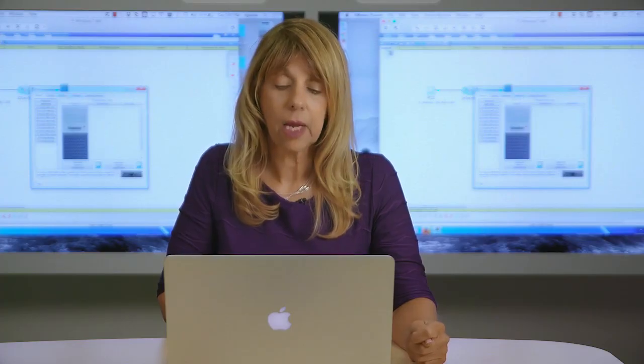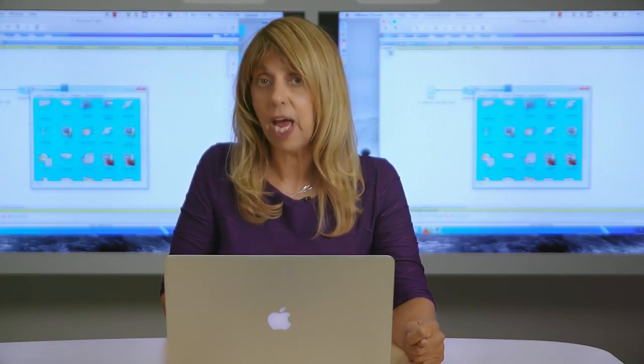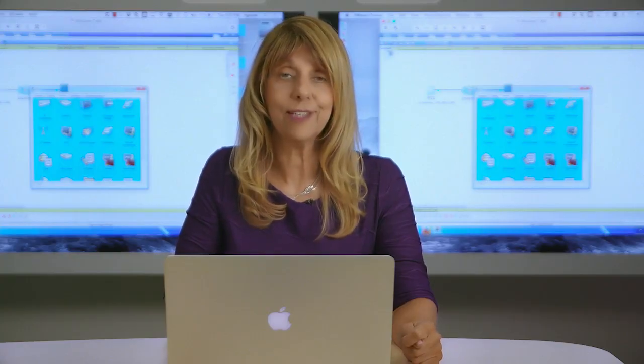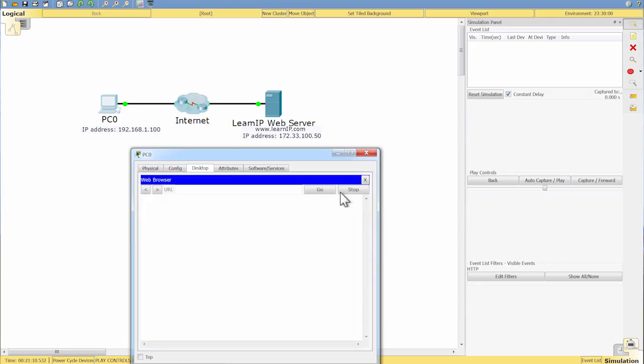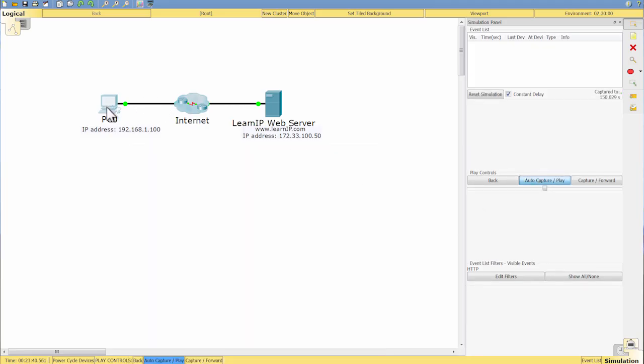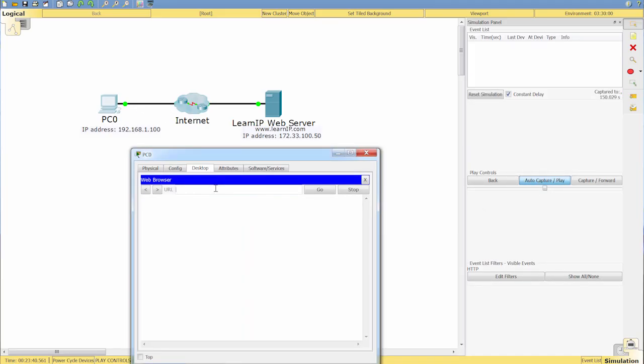So we are going to go out to our PC here, and we are going to request a web page. Now, in order to request a web page, we have to use a client that is appropriate for a web server. So we're going to start out by choosing the web client, and the appropriate client for viewing a web page is a web browser. So we're going to open up the web browser, and we're going to start the capture utility. And then we're going to capture the traffic from the PC0 to the web server. So we're going to put the URL for learnip.com on the browser, and we are going to request the